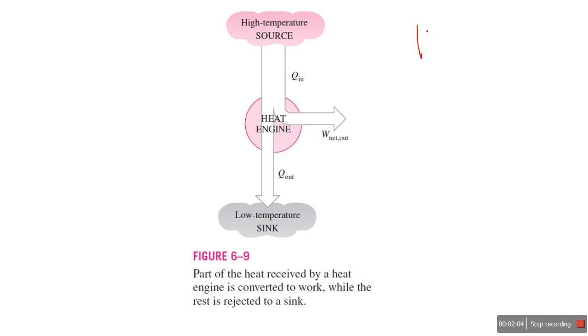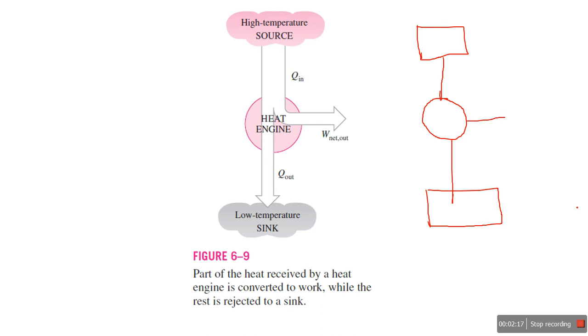To represent the system, first you must draw a basic structure. I draw here, and I'm not showing arrows purposely, just to draw the basic skeleton. There are two reservoirs. One is at higher temperature T1 and another reservoir is at lower temperature T2. Now I'm discussing the heat engine, so I write here heat engine. We know that a heat engine is a work producing device, so the arrow is away from that system. I'm going to draw an arrow which indicates work developed by the system.